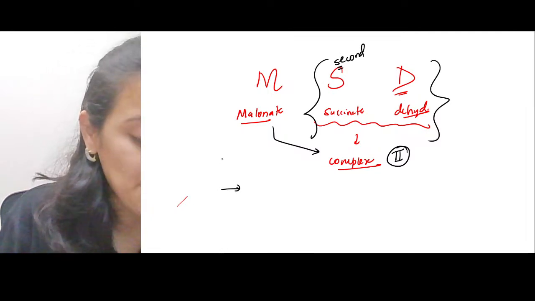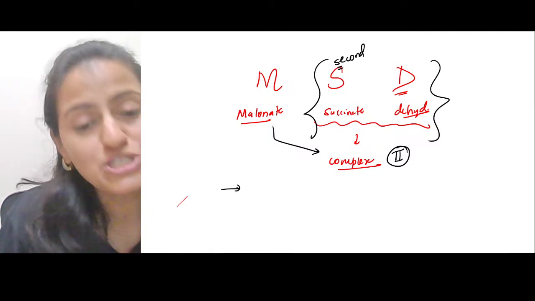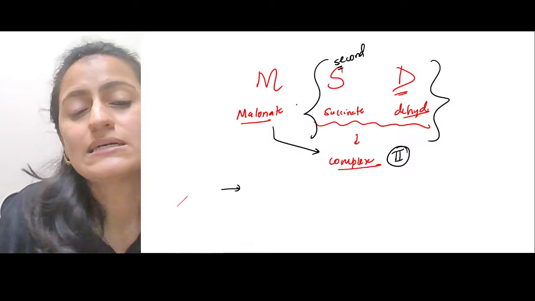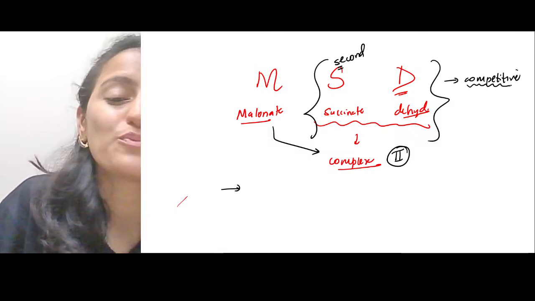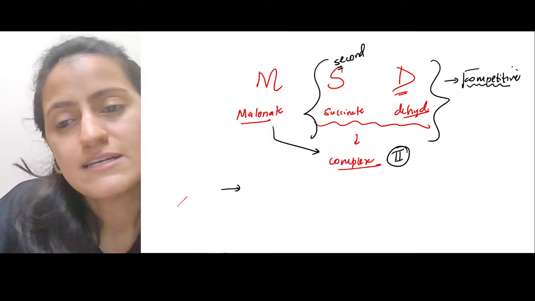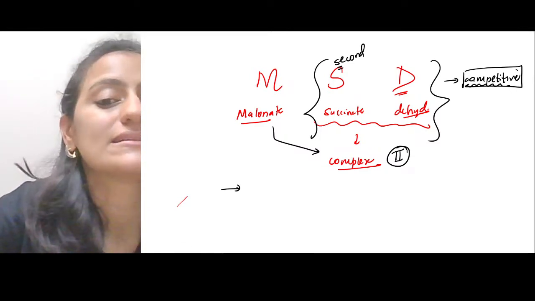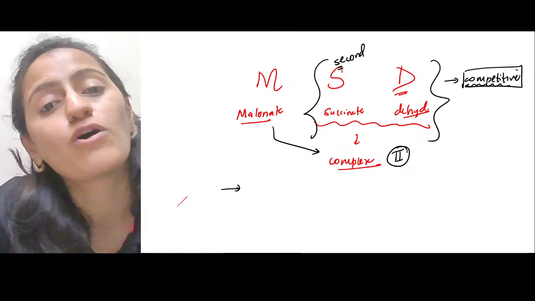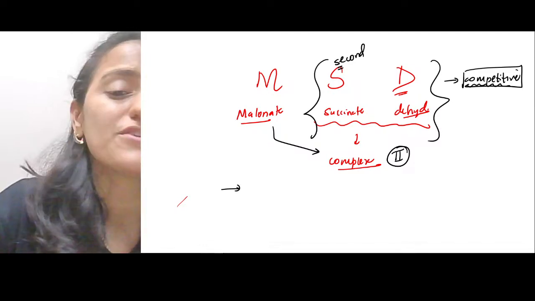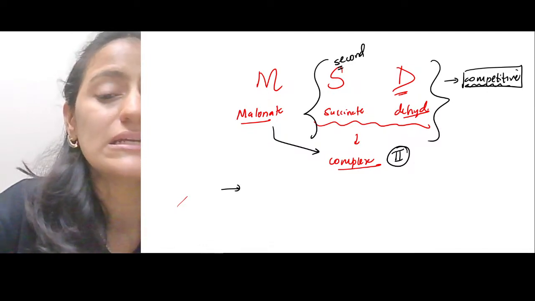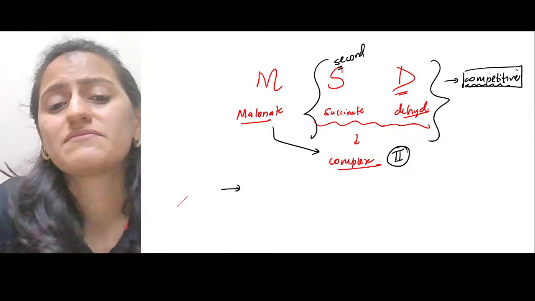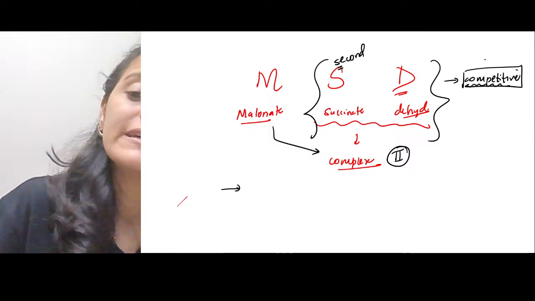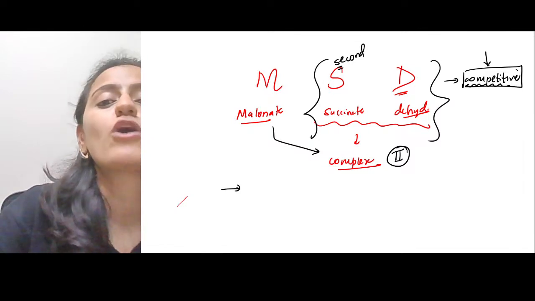And this is an example of competitive inhibition or non-competitive inhibition? Remember, MSD, MS Dhoni is a very, very competitive personality, right? Always wants to win the match. So competitive. So malonate inhibiting succinate dehydrogenase is an example of a competitive inhibitor. The rest of the TCA cycle inhibitors that we read, arsenite, fluoroacetate, the rest of them are non-competitive. Remember, this is an example of competitive.